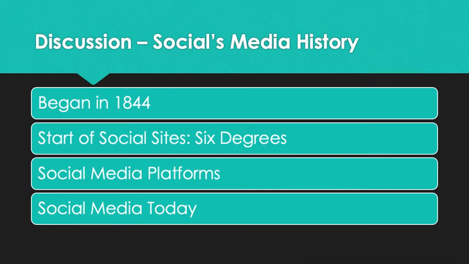Next, I want to talk about social media's history. In history, early forms of social media were used as a way to communicate with people, whether it was over a short or long distance. Before the immense rise of the social media advancements in the 2000s, there were a few precursors of social media beginning in 1844. The first ever platform was a company called 6 Degrees, which I stated in my introduction, and it was implemented as a first idea. And then starting in the 21st century, social media had a huge advancement. The pace of change has accelerated since 1844 indeed.